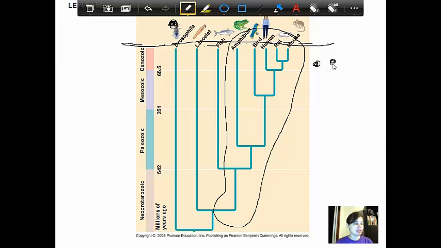So what they've done is they've just scaled it so that they've got all of the organisms ending at the same point because they are all current day organisms. This represents today. If we're talking about time, this is right now. We have these organisms present. But again, the branch length still represents the amount of genetic change. So Drosophila